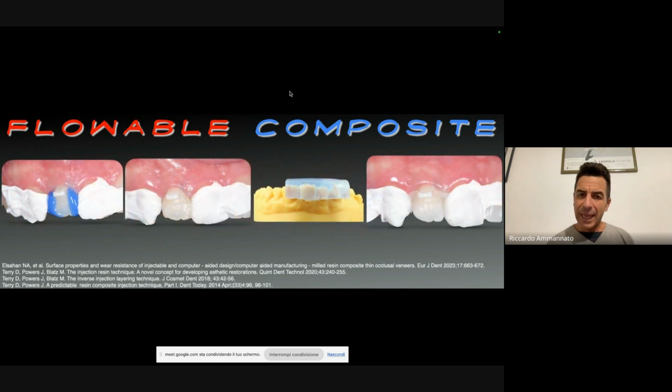Now here, I'm doing, again with the flowable, the mesiodistal of the lateral. We have our stabilizers here still, and then I'm placing the flowable material, you see it here, mesial and distal, and I'm landing with the full index, not a single one, then I'm curing, and this is what I achieve. I achieve a good result, however, the shape is correct, but as you see here, my finishing